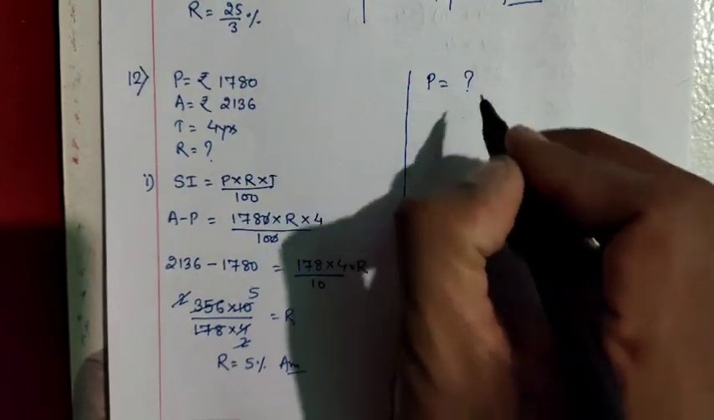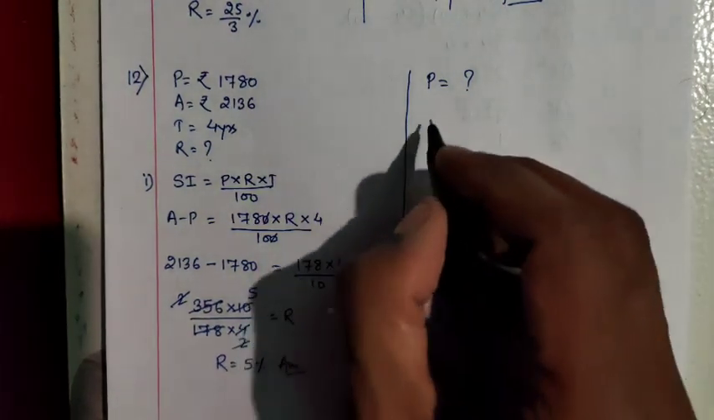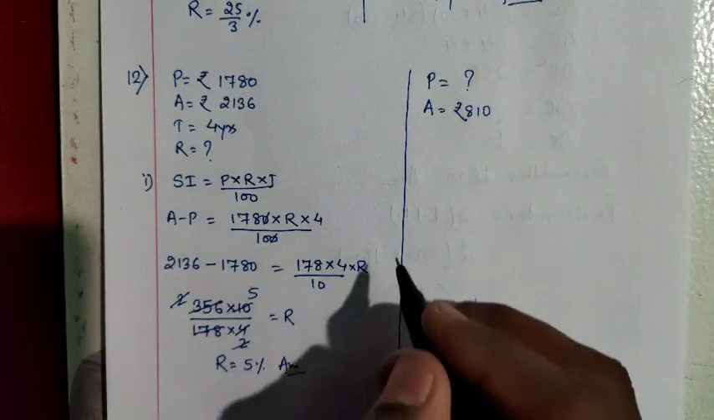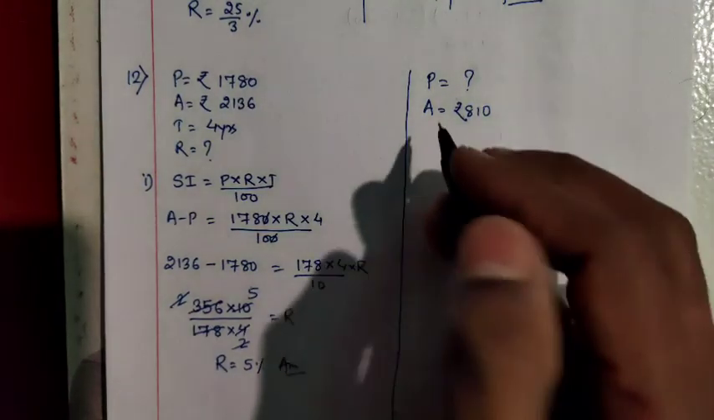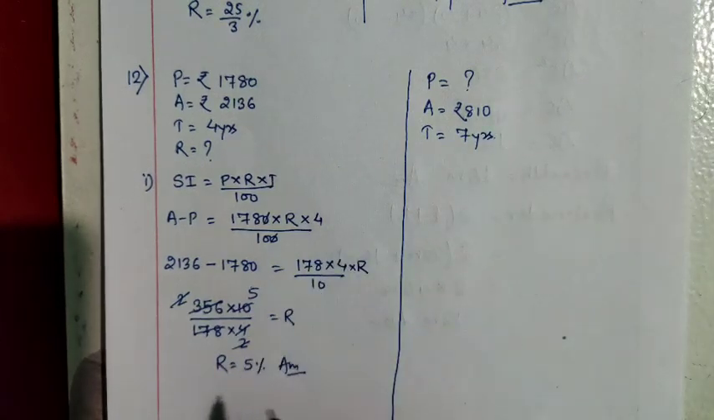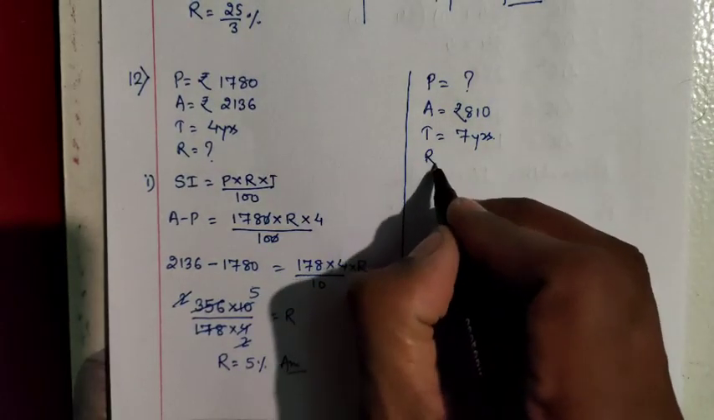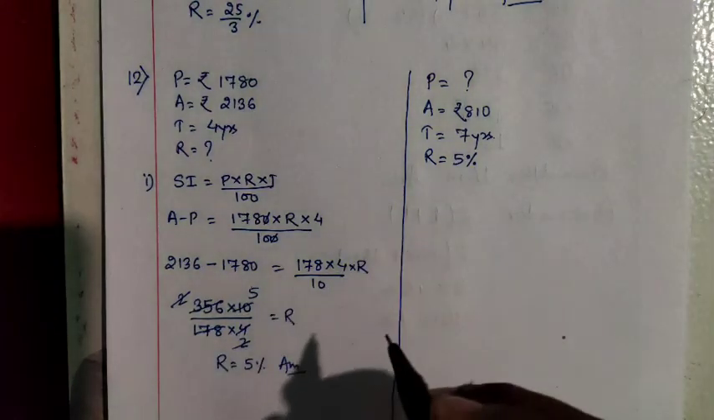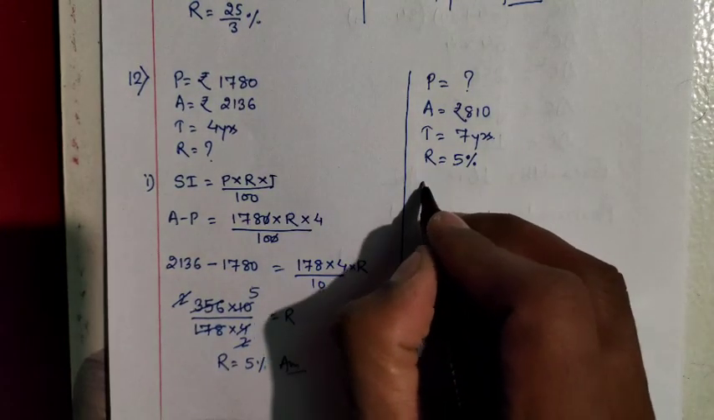It means it is asking about principal, and the amount will become 810. That means the amount is given, rupees 810 in 7 years at the same rate of interest. Time is given, 7 years, at the same rate of interest. It means the rate will be as usual as in the first part, that was 5%, which we have calculated. The same rate will be here. Now we know that amount,